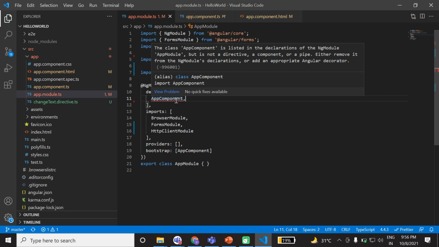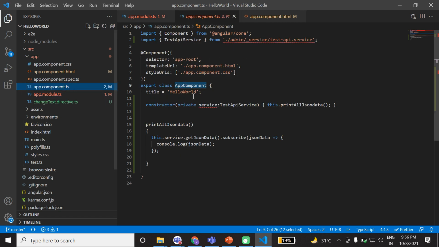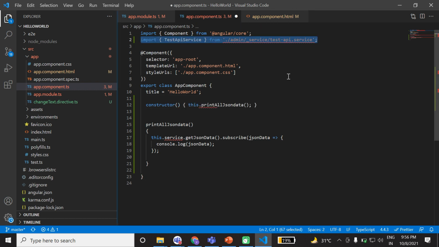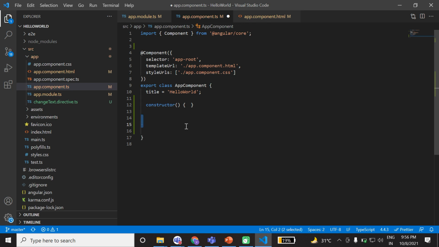Either remove it from the ng declaration part or add the property in the Angular decorator. Constructor, we have this. Okay, now the code is clear.